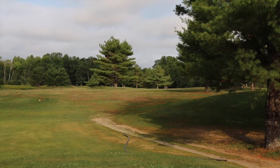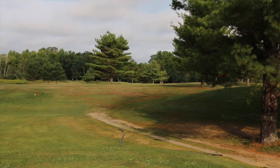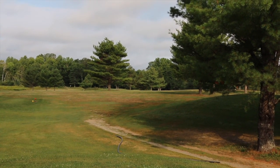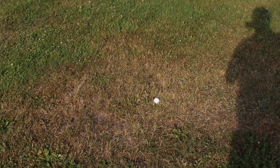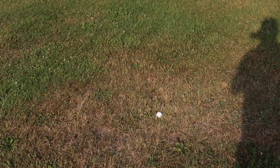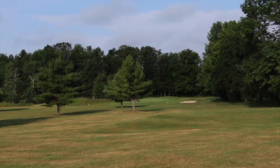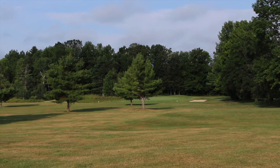Here's the 6th hole, straight out, a lot of trees in front, so I got to stop pulling my shots left. I got to start hitting the ball straight. Of course, after telling you I'm not supposed to hit it left, I pushed it way right, and I got a clear shot. I just got to get over that tree, and I'm probably about